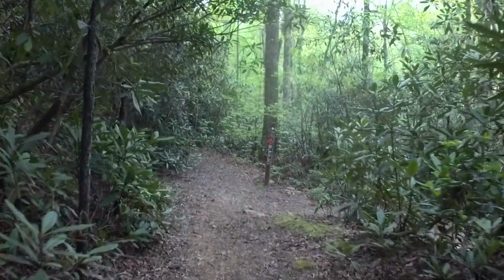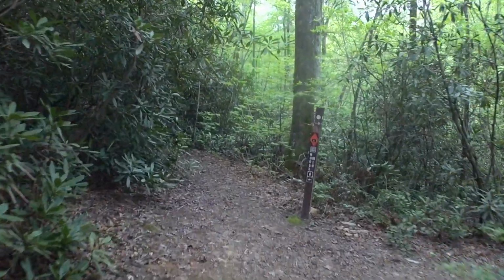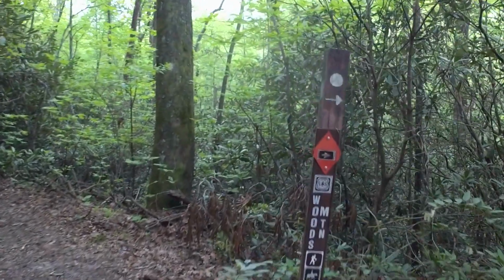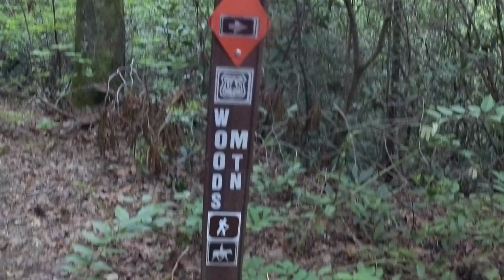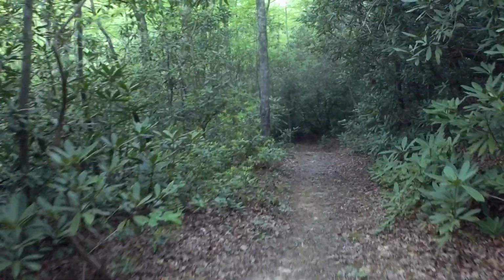Here we are, now coming across a place where we're going to turn on the trail. We've been green tunneling it for the past little bit. There's not been any views out looking at any of the mountain ranges or the Blue Ridge. But this is the Woods Mountain Trail. And looking at the Hiking Project app, it has an elevation profile for this, and it looks as if